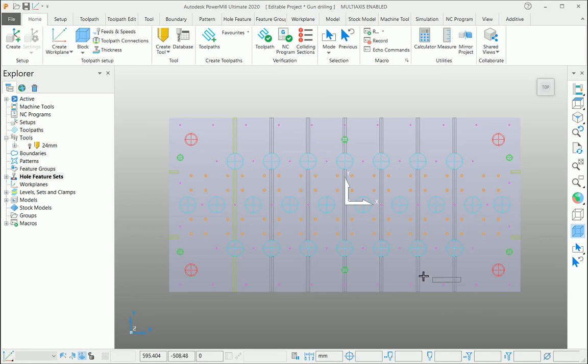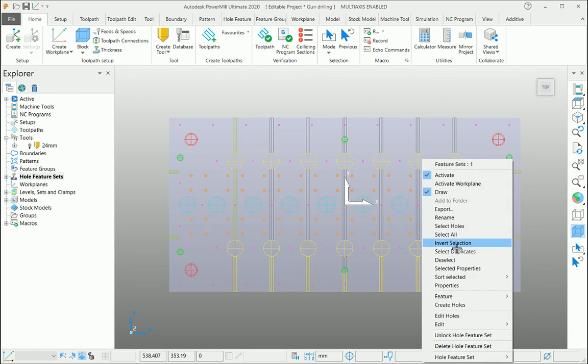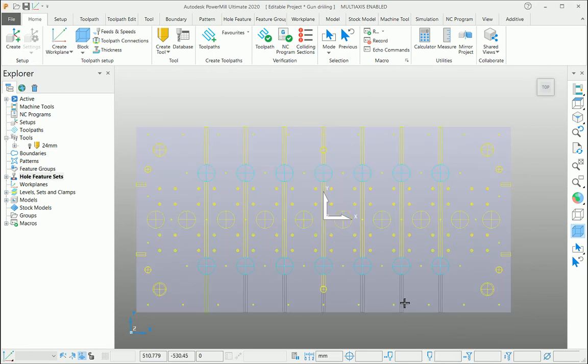If you look at the side holes, they are fragmented because they are intersecting with the bigger hole. So let's clear the rest of the holes and keep the side holes from one side and also the intersecting holes. Select these side holes here and select the intersecting holes. Right click over the selected holes, invert selection, and delete these unwanted holes here.